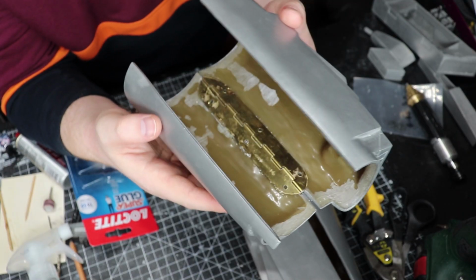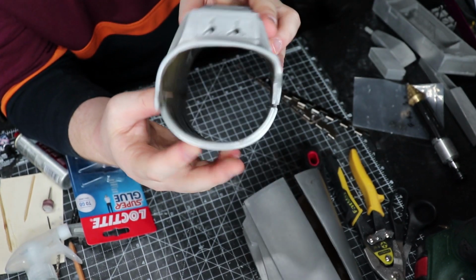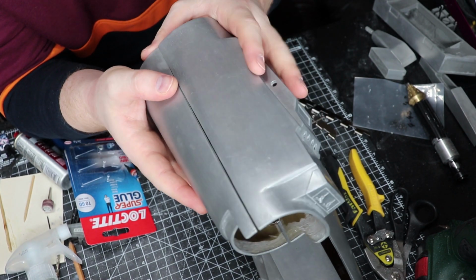So I used the heat gun to shape the underpiece so that now these line up much better. You can see they line up much better both sides. And now we've got to attach the invisible hinge on this side. Now this hinge